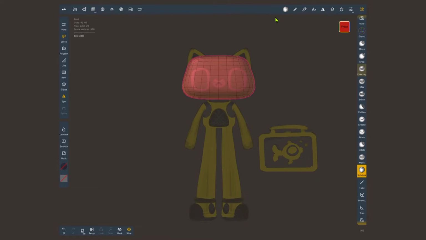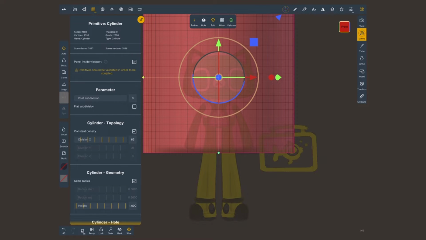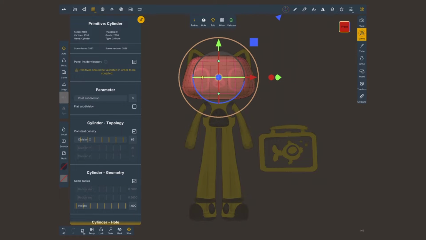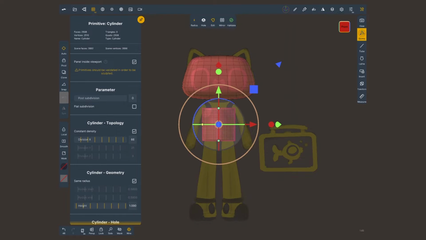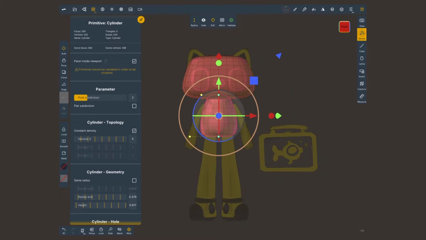I'll continue using this same blocking technique for the rest of the character. Instead of starting with a box, this time I'm gonna choose a cylinder. Let's make this smaller for the body. Once again, I'm gonna get some nice rounded results. For my cylinders on the top, I have the option of using the radius controllers. I'm gonna tap them, which will show me these yellow dots, which now I can drag to have a different size for the origin and end.